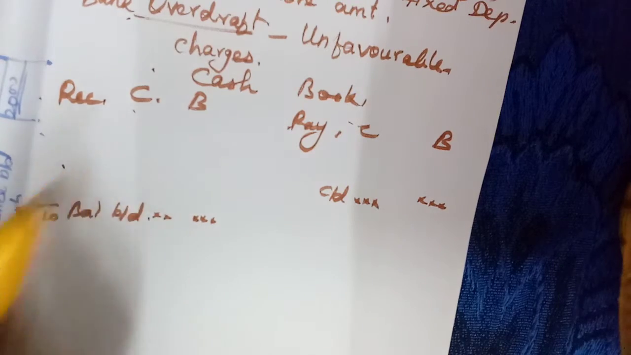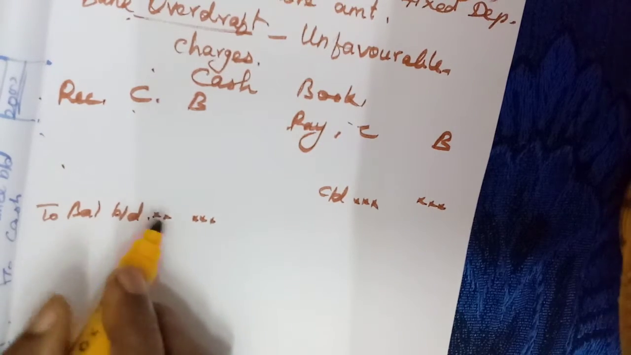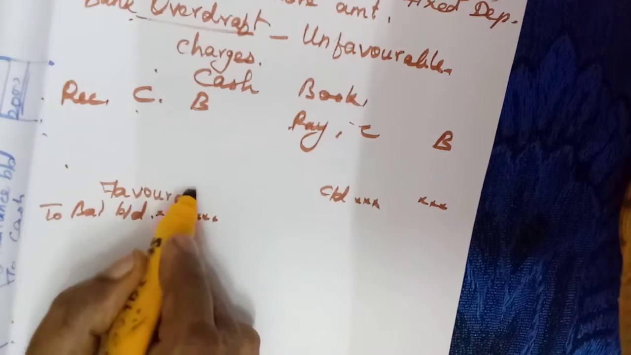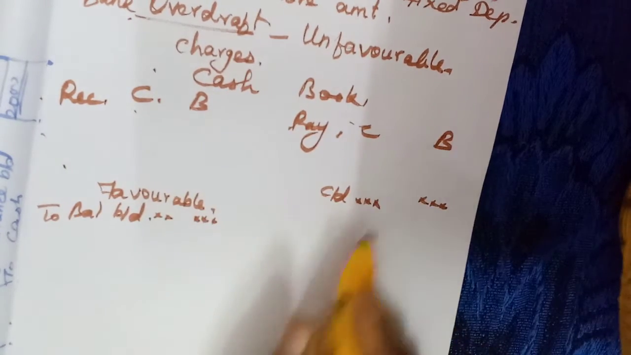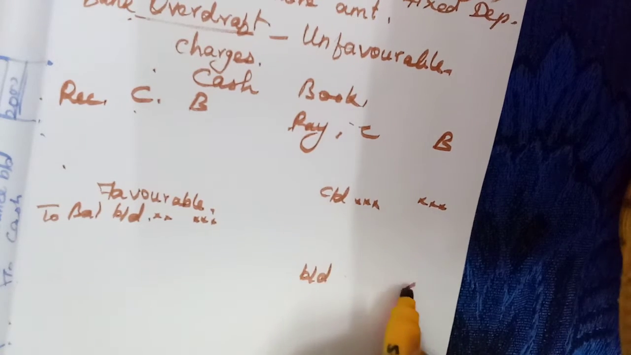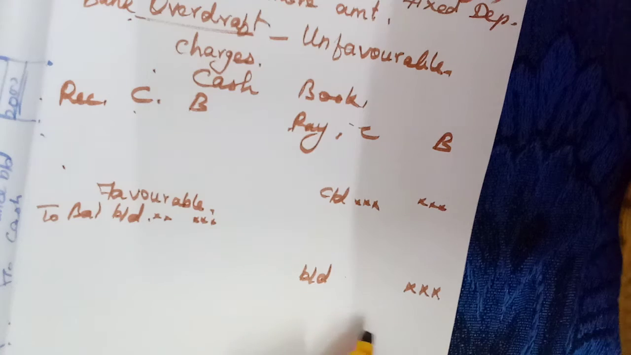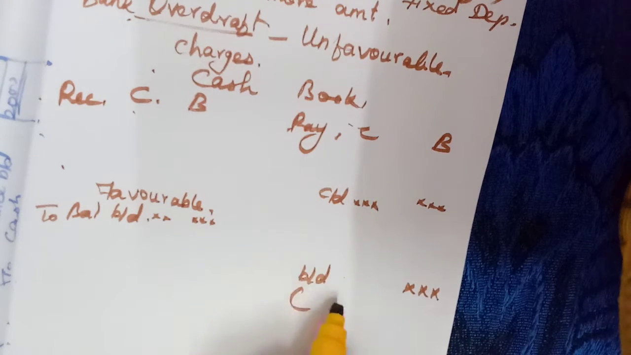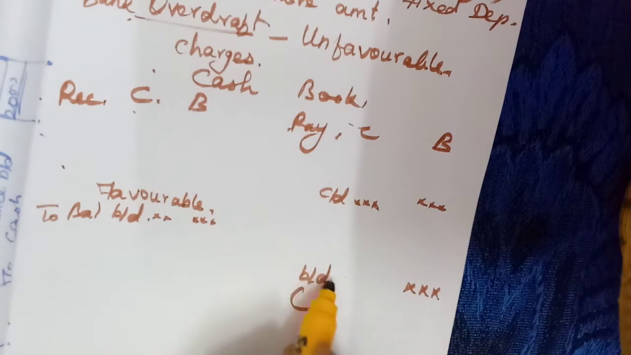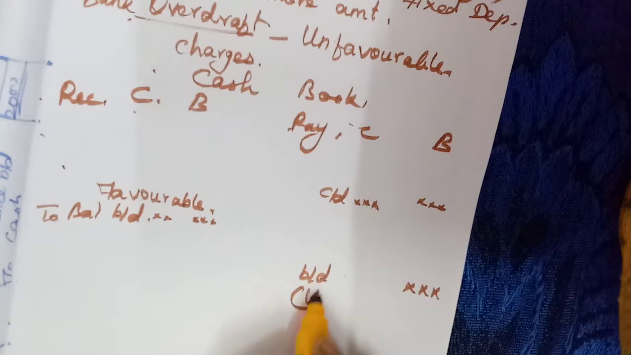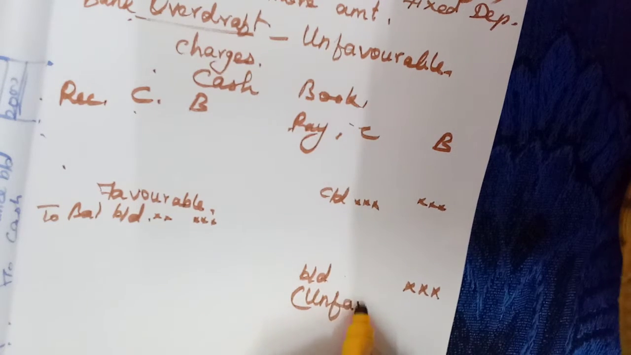unfavorable balance in the cash book. If we have debit balance, then that is called favorable balance. If we have brought down on the credit side, cash we never have; sometimes we will have it on the bank column. If we have the